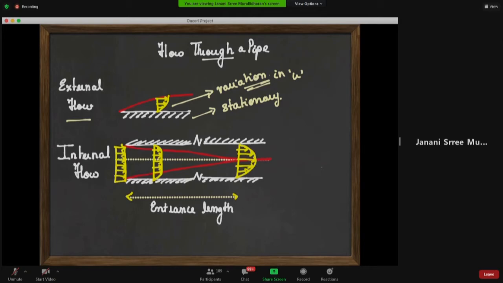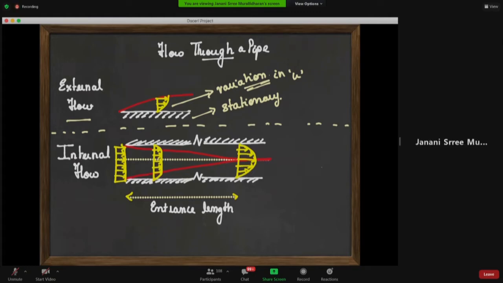Typically you would see two categories, external flow and internal flows, and this is basic fluid dynamics. Now, what is important for a CFD professional is an understanding of whether they are dealing with a velocity